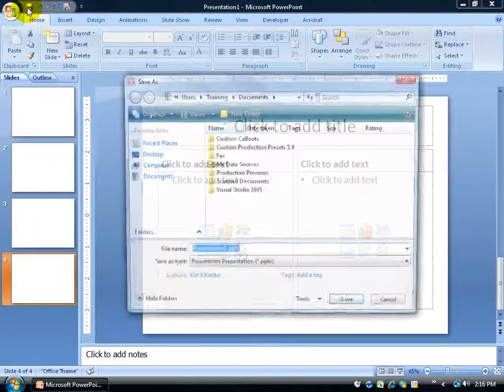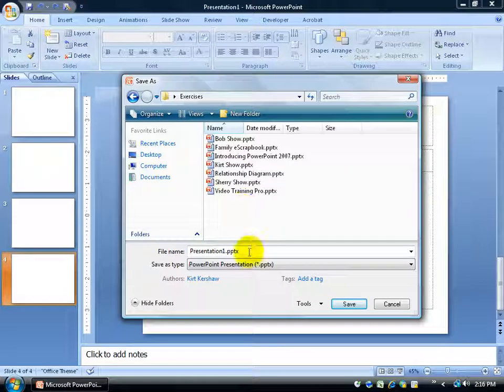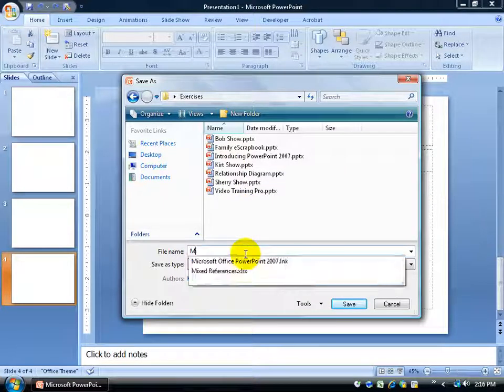So let me click on the Save button, and let me go to my desktop, double click on the exercise folder, let's save it in here and call it